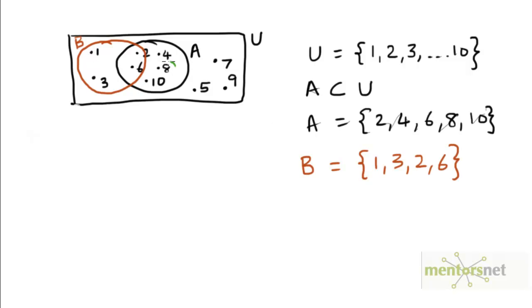We could also define a third set having only the elements 8 and 10 from within A. Let's call this third set C. So C would be a subset of A, and in roster form it would be written as 8, 10. And note that all three of these sets A, B and C are subsets of the universal set. The universal set is always the largest set in the context of any given problem.